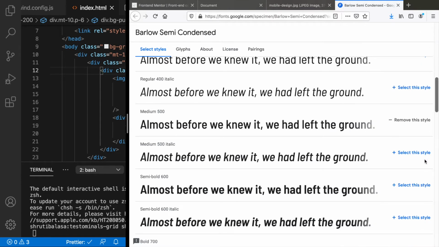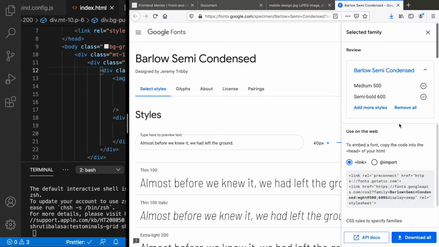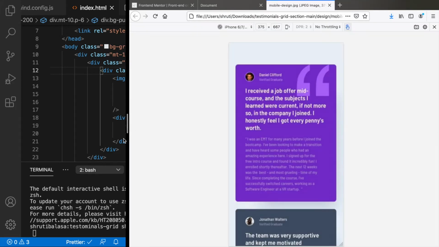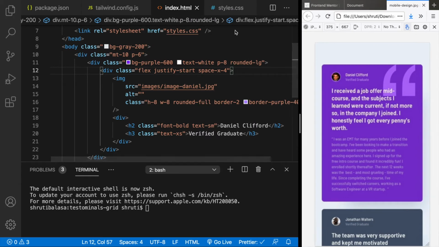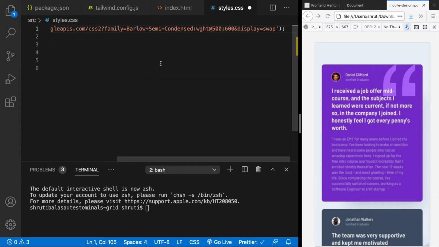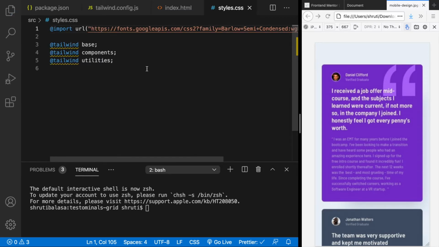So select that. And go to import, copy the statement, close this, come back here into your styles.css, the custom style sheet within the source folder, paste the line that you copied, and then in your